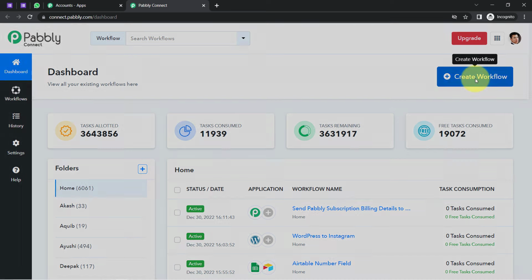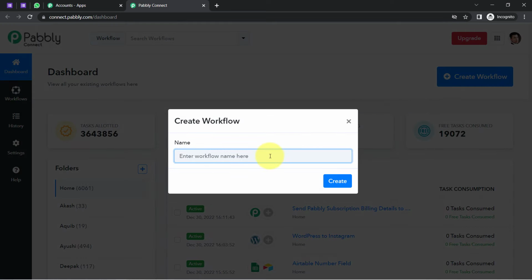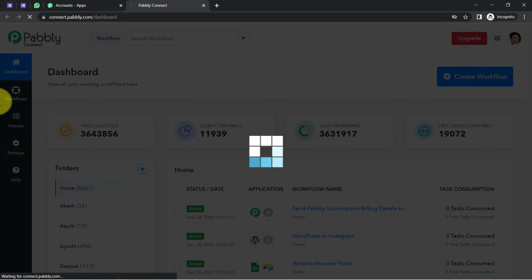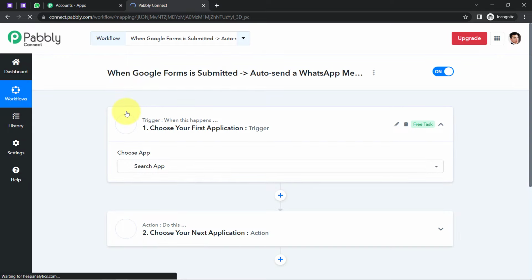Now, I'm going to click on this blue button, that is create workflow, and provide a random name to my workflow. So let's say I'm providing the name as when Google Forms is submitted, auto send a WhatsApp message. Okay, so I'm going to keep this particular name to my workflow, and after clicking on create,